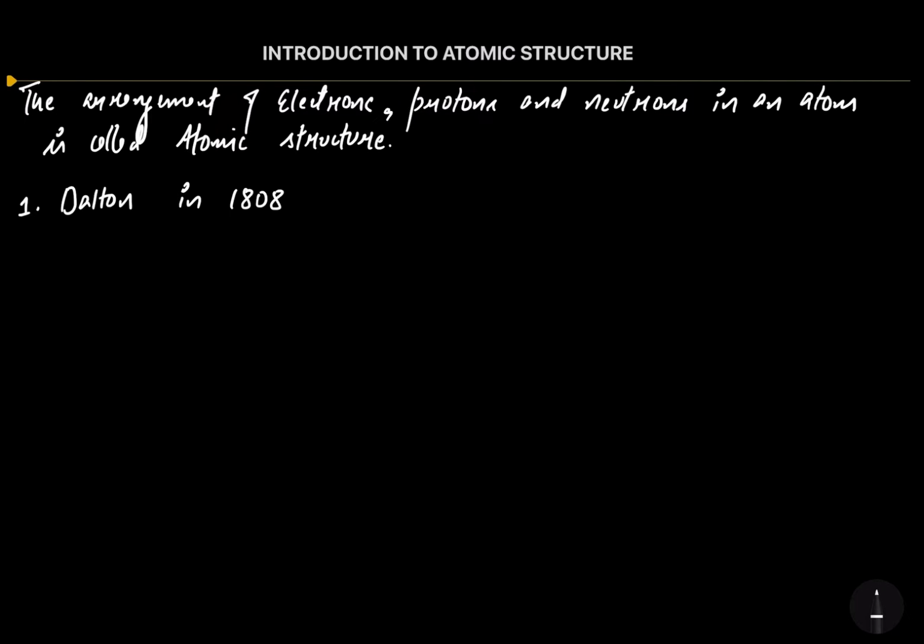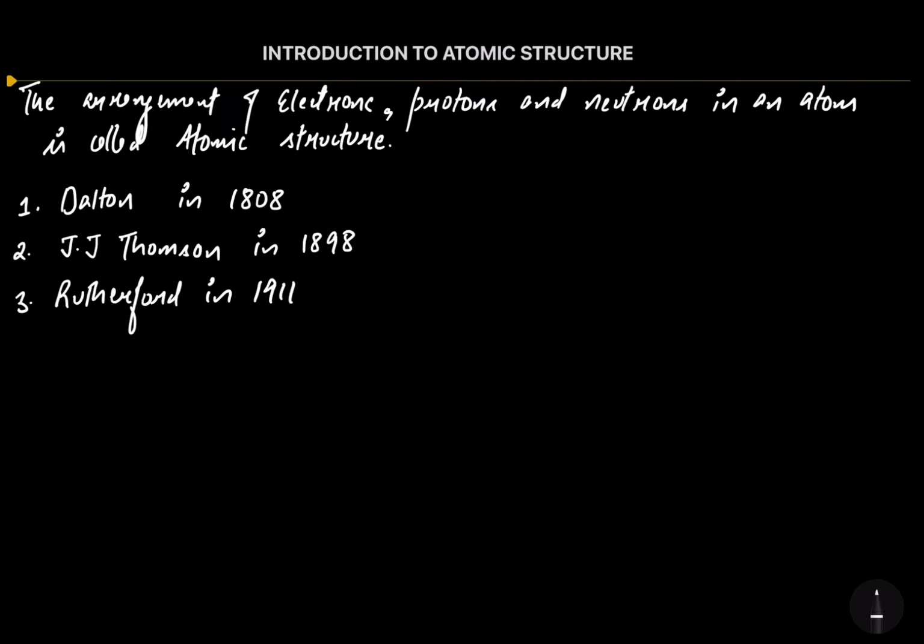After that, the second model was given by Sir J. J. Thomson in 1898. The third model was given by Rutherford in the year of 1911. Then some drawbacks were there in Rutherford, so the next improved model was of